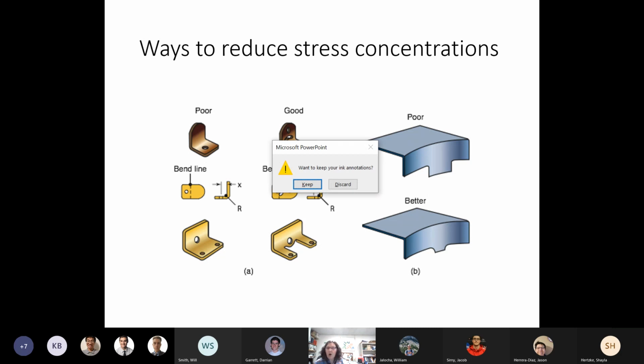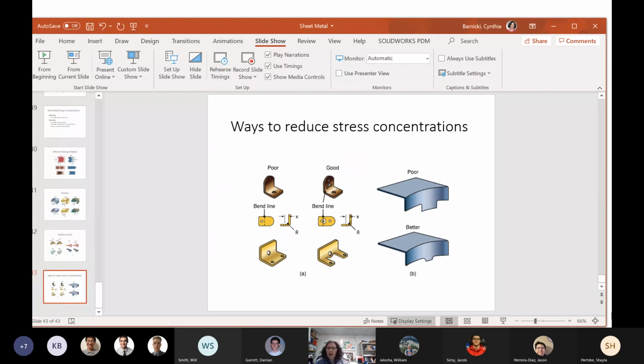Okay, that finishes up our sheet metal, and we will